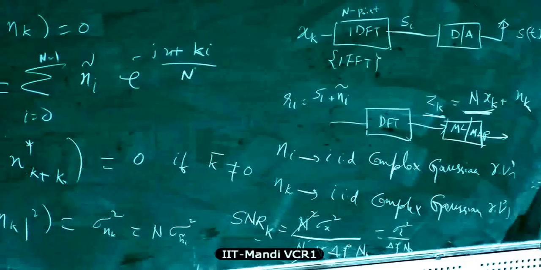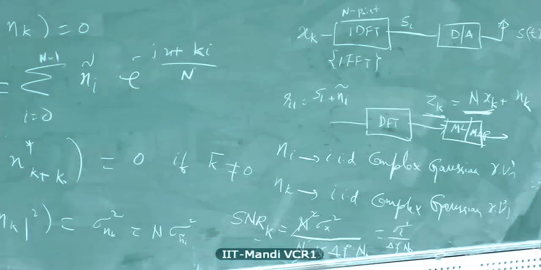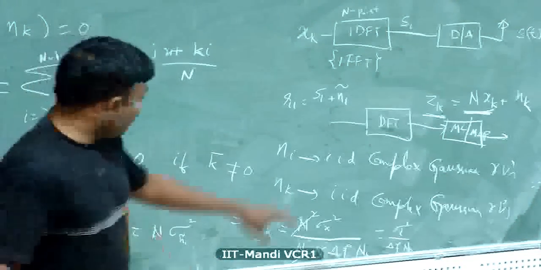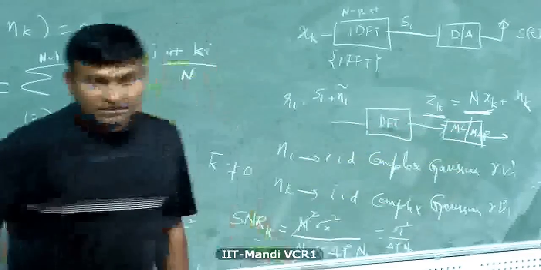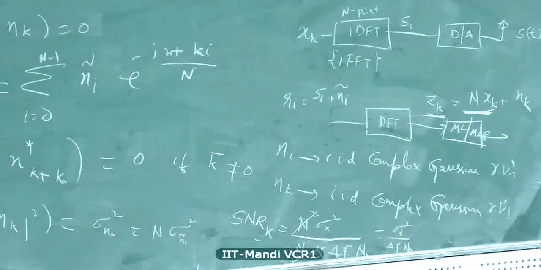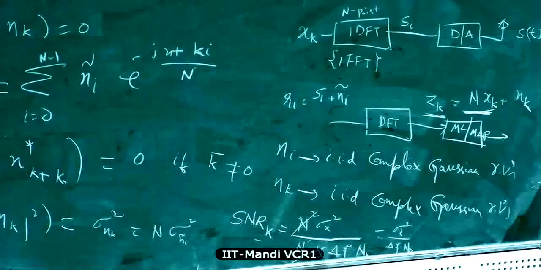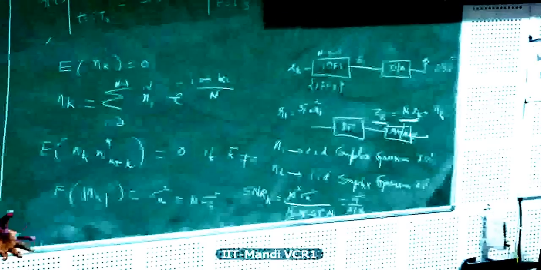You add a cyclic prefix at the transmitter, and at the receiver you remove the cyclic prefix at the ADC output, and then you still use the DFT and transform the system to the frequency domain and detect the signal. The cyclic prefix plays a very important role in that sense. It helps one to realize an OFDM system in a highly dispersive channel.